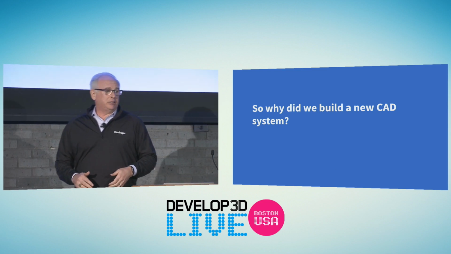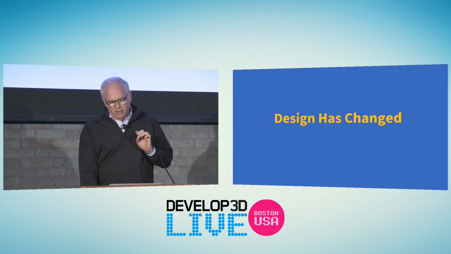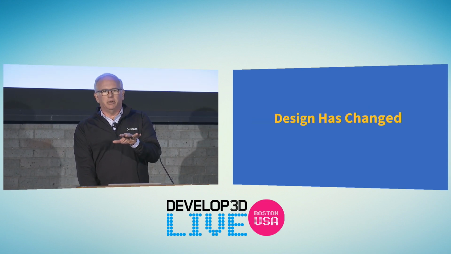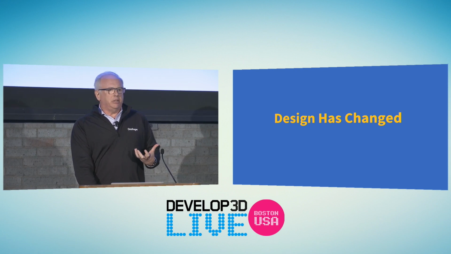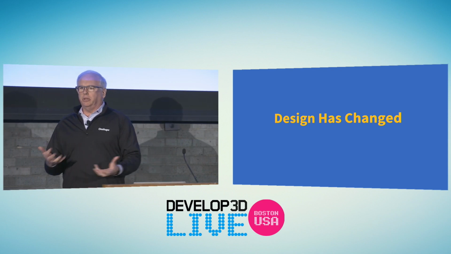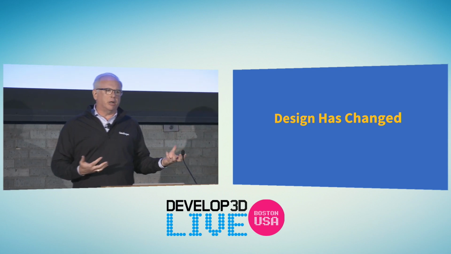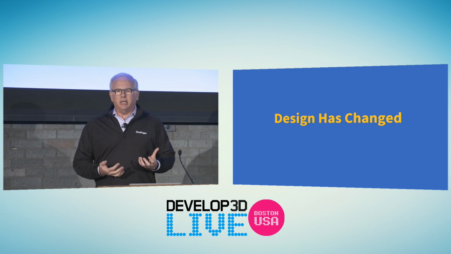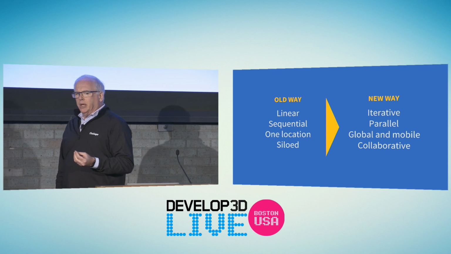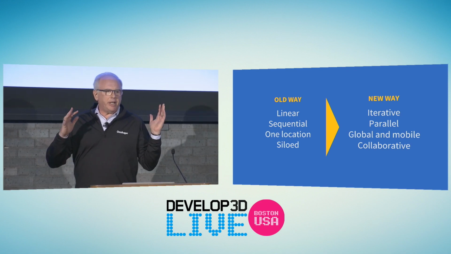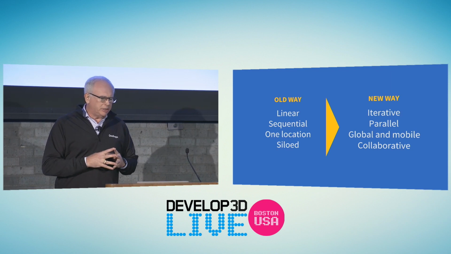So why did we build a new CAD system? There's obviously lots of CAD systems. You can see that here. Why build a new one? Well, it starts with looking at you, the user, and seeing how design has changed. I love to go out and visit users, customers, people who use CAD. I talk to them about the tools, but also about their process and how they work. And in the years leading up to Onshape, I could see that design had changed. The way people work over the years had evolved. And you hear that in the other speakers today.